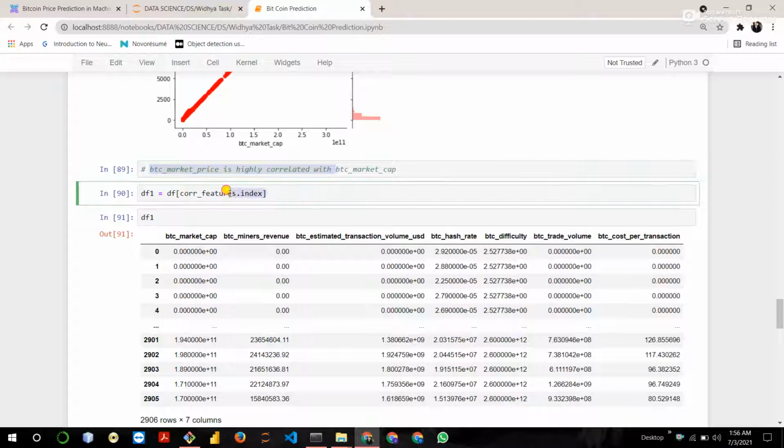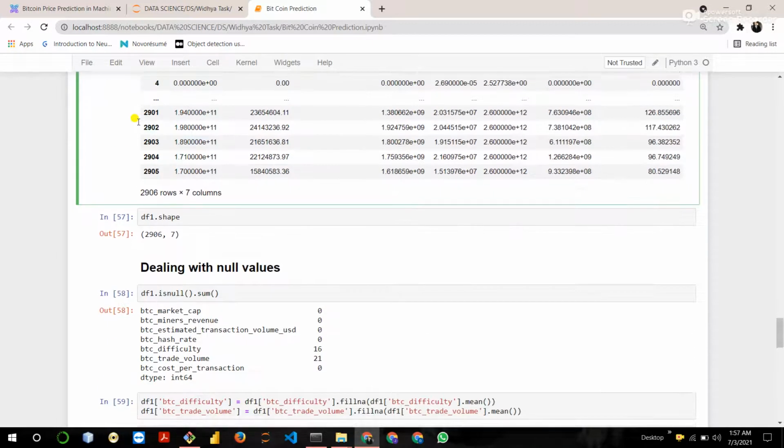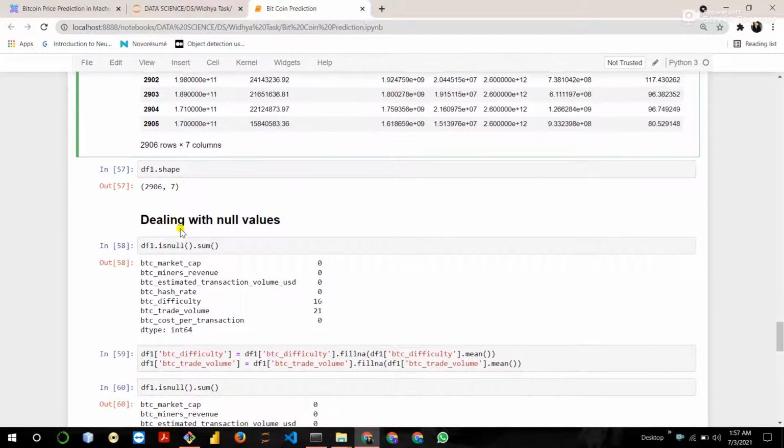Now keep all the correlated features and remove all the features which are not correlated with the target feature. Now display the final data. You can see the shape. Now we left only 7 columns. Before we have 29 columns.